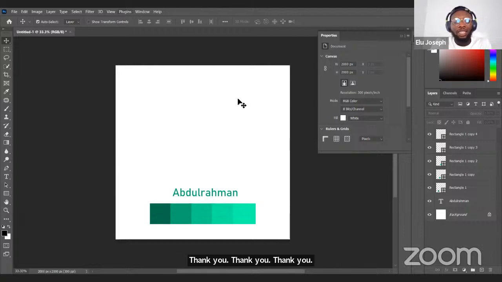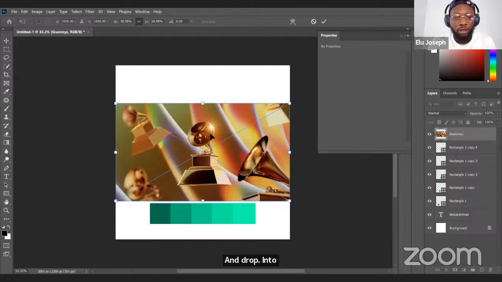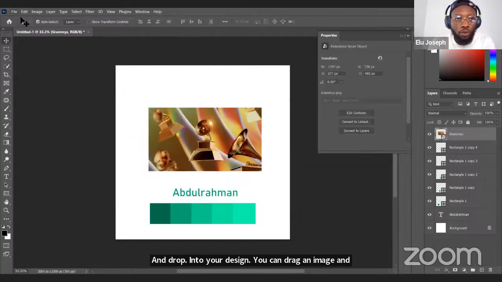Okay, so now let's add an image to this, right? There are two, three multiple ways to add images to your design. One, you could drag an image and drop it into your design. Two,